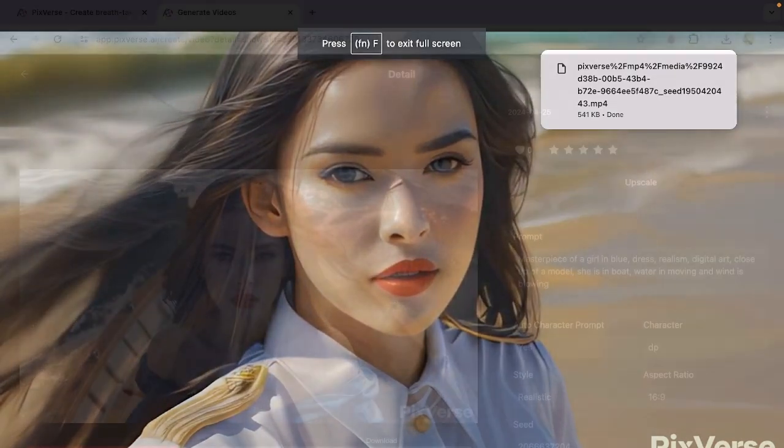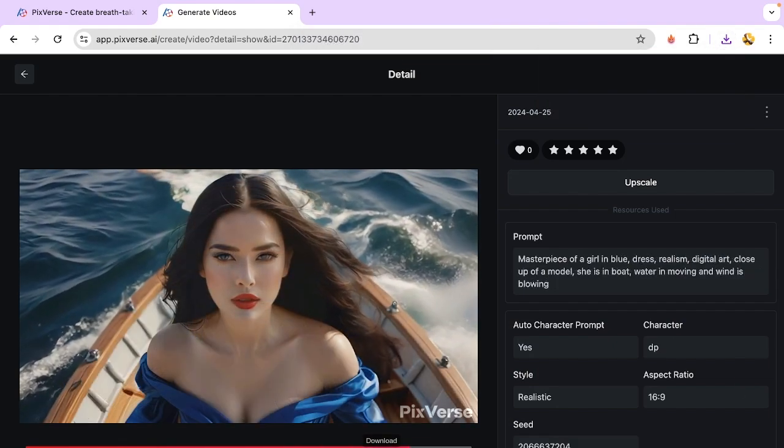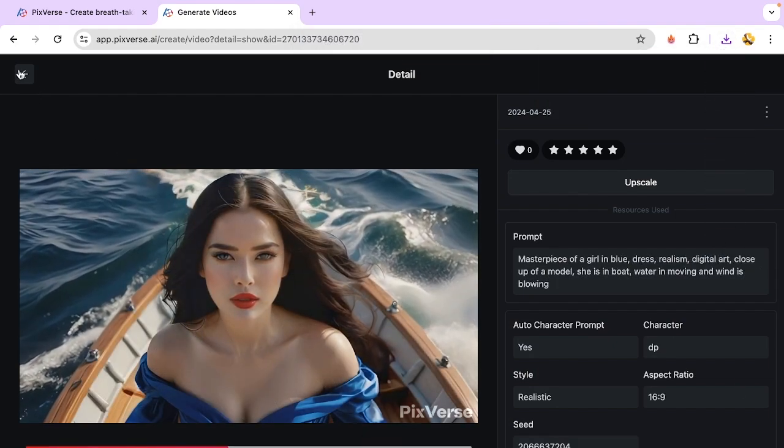Now all we have to do, you might have seen here the download option. All you have to do is download this scene, and you can see the download option here. Just click here and download